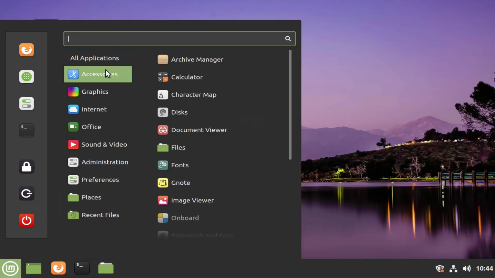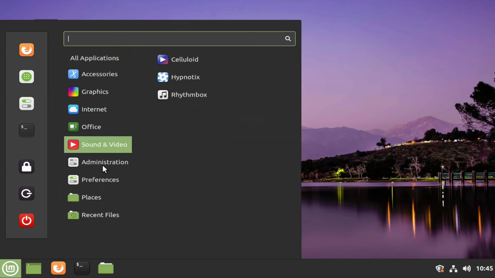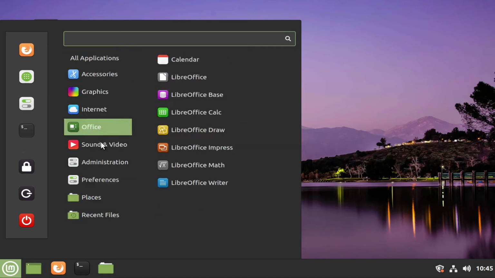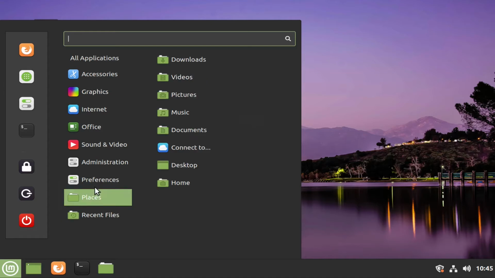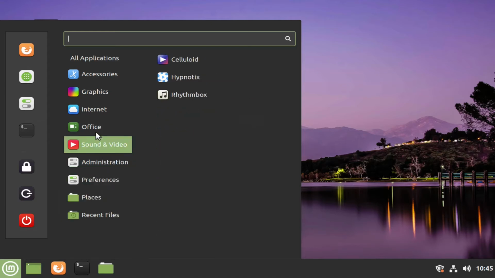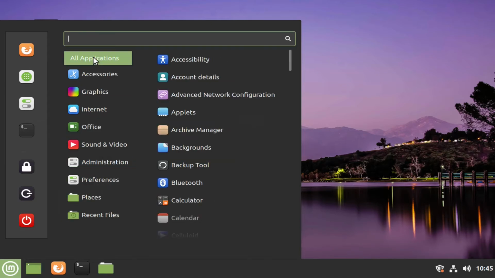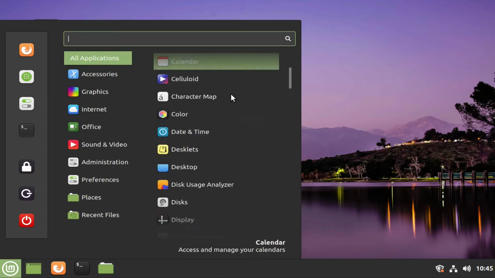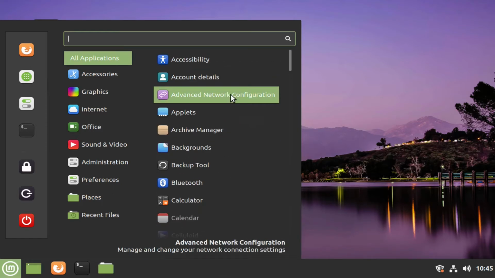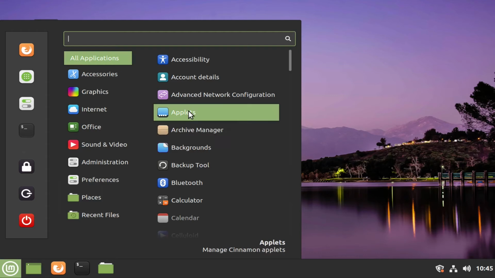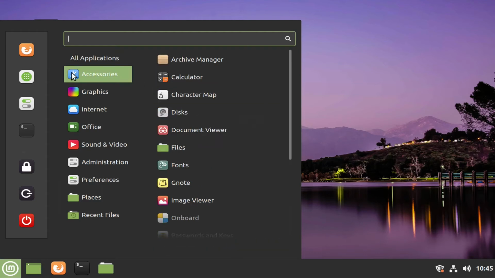So if we look here in the menu, you have different categories. As you see, I'm moving my mouse over the categories. The list of applications that appear changes on the right. So there's all applications, and you can scroll through this list, and you get a nice description here on the bottom right. There are accessories,